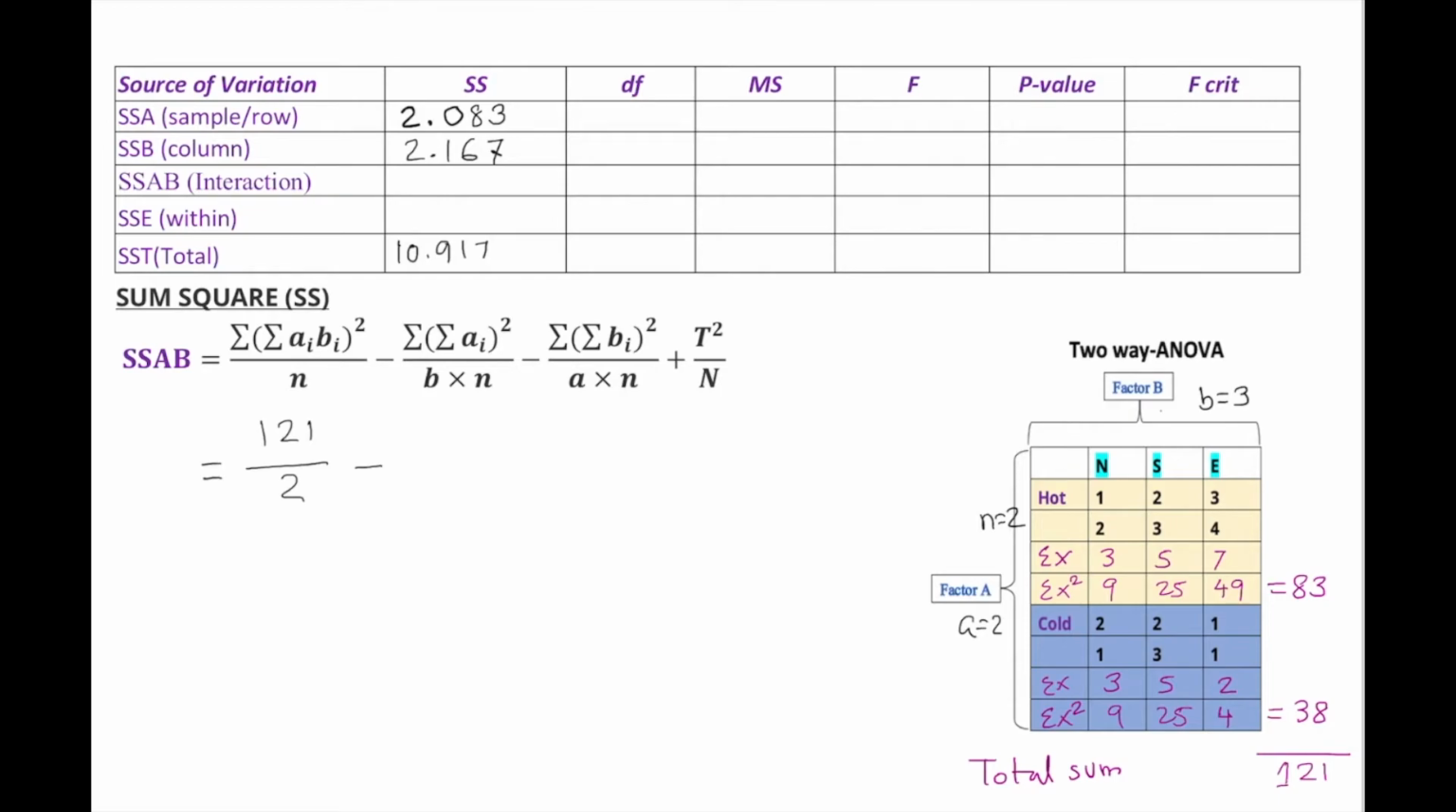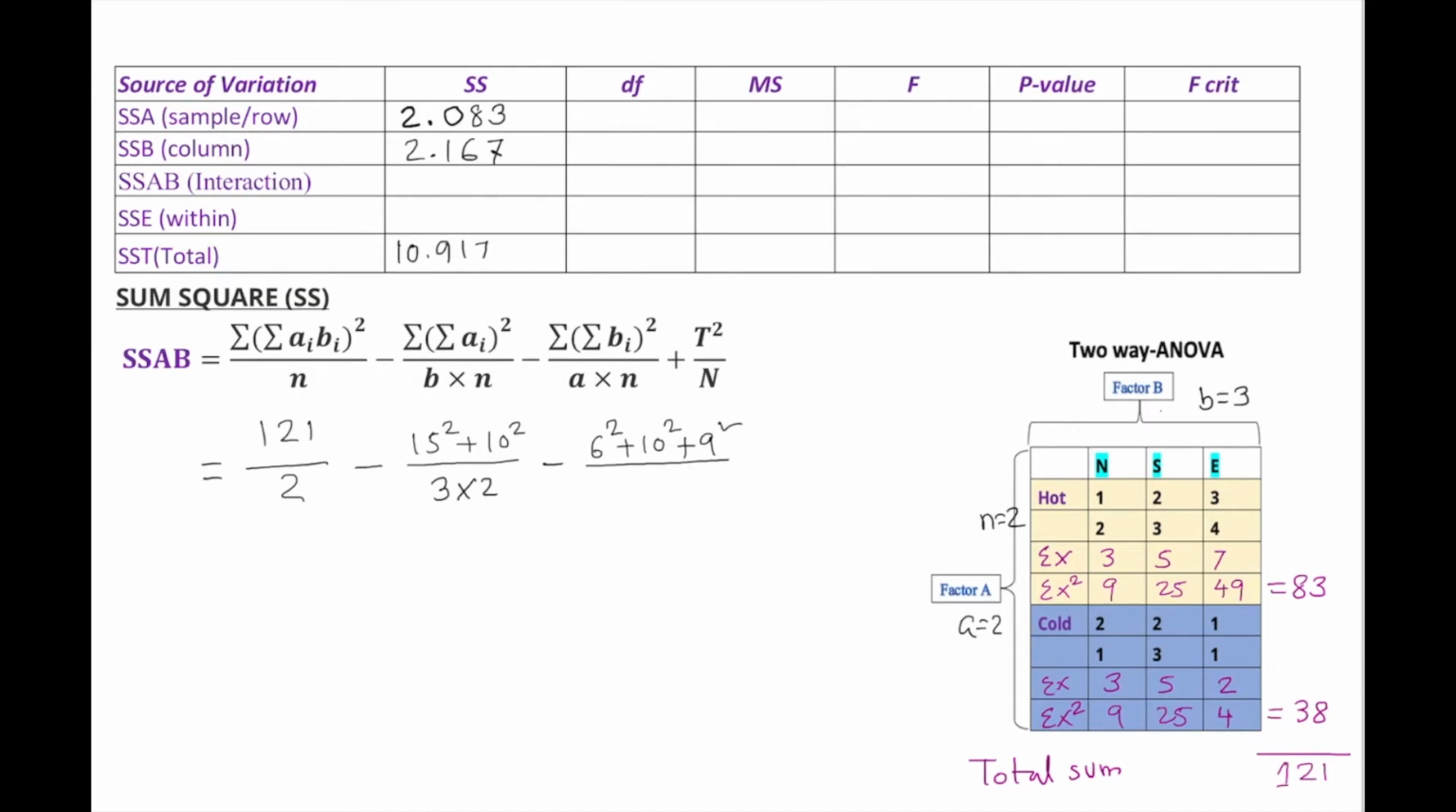So we're going to use 15 square plus 10 square. We already had that earlier, over, in this case, 3 by 2. Why 3 by 2? Because b is 3 and n is 2. So that's why we have 3 by 2, 3 times 2. Minus, this time is column factor. Column factor we already worked out earlier. It was 6 square plus 10 square plus 9 square